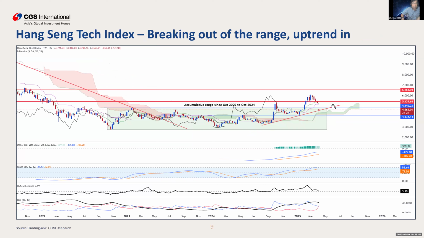All right, last one, the Hang Seng Tech Index. It was performing relatively strong, and it was the one that led the rally compared to the Hang Seng Index. We can see that it already broke out of an accumulative range last year, in the September period, before embarking on a correction. Despite some overheated and overbought conditions, it corrected down, but we can see that it found support over here at 4134, went up to the upside, and then there's a correction down again.